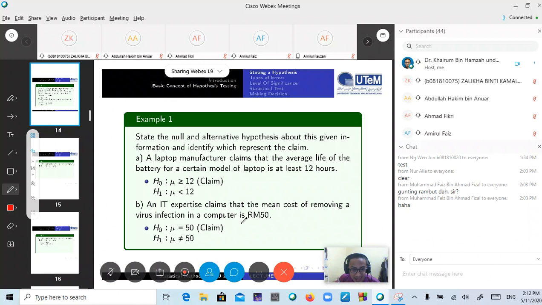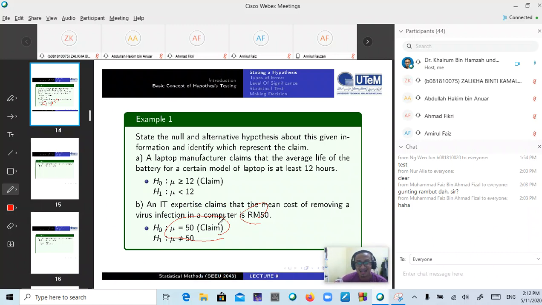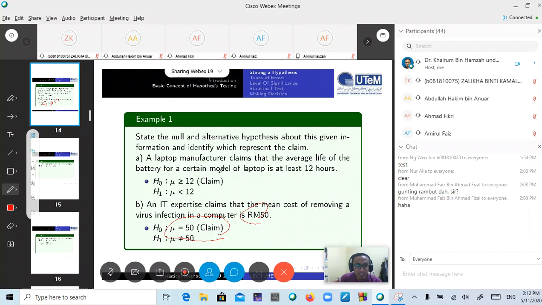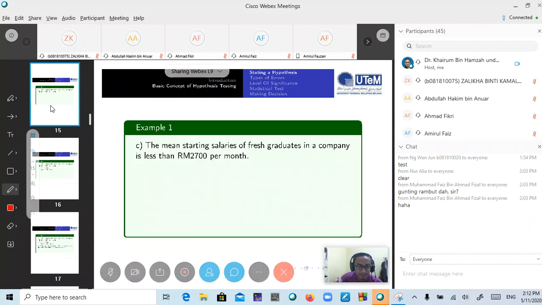And then the claim is this one. So also the same thing, claim dia duduk dekat H0, sebab H0 je yang ada equal sign. So this one, H1 becomes mu not equal to 50. Okay. Next. Okay, C. The mean starting salary of fresh graduates in a company is less than